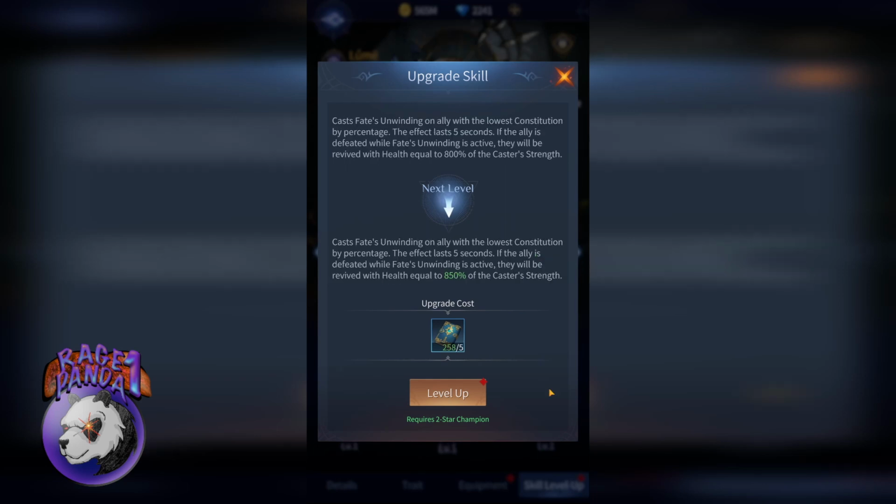The ultimate skill casts Fate's Unwinding on an ally with the lowest constitution by percentage, and the effect lasts 5 seconds. If the ally is defeated, then they will be revived with health equal to a percentage of the caster's strength. We may be seeing a trend here. Strength is important, it affects all of your skills, so we want to be scaling our strength up on this